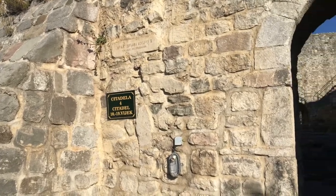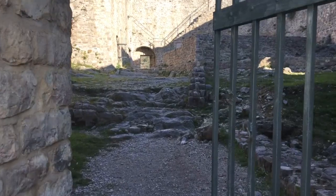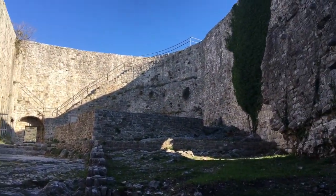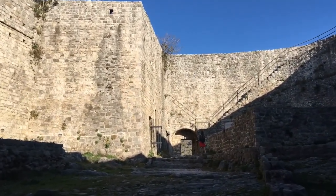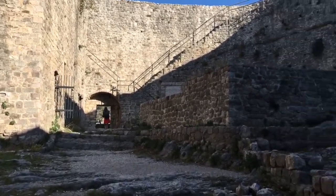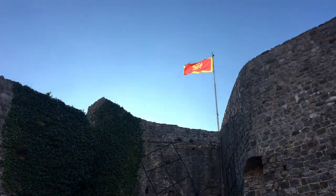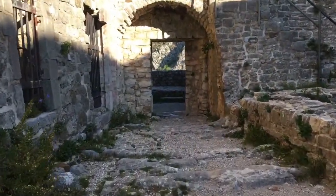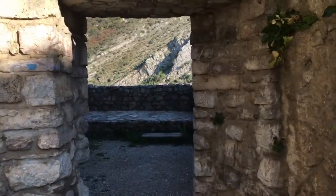Here we are at the entrance of the citadel. And come on inside here. And you can see we can go either to the top on the left, the top on the right, and behind us, right here, is the flag. Looks like Julia found a lookout point. We were actually hiking on this